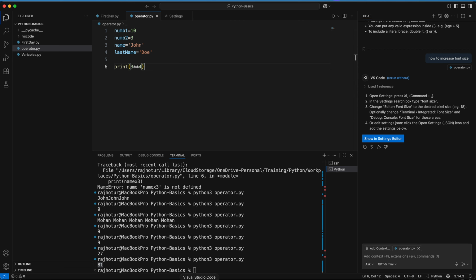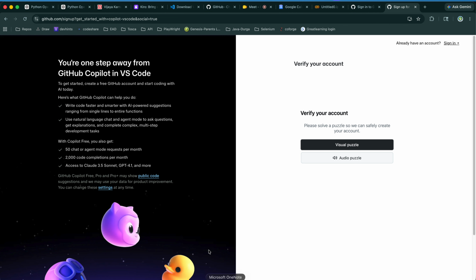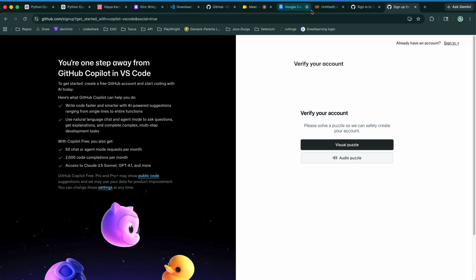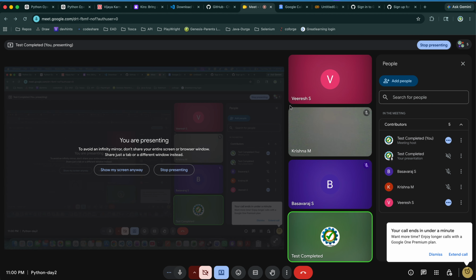Cool. Super. Where is that screen? I'm sharing. Basu, if you are there, any questions, any doubts? And Krishna, any questions? If you are there,